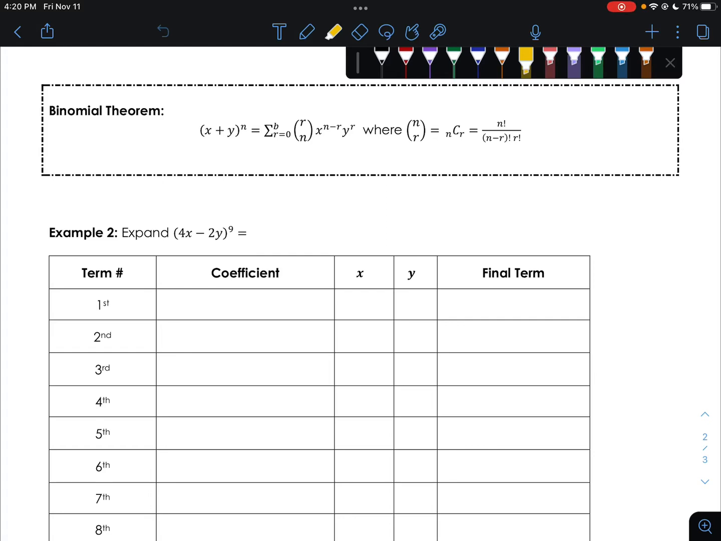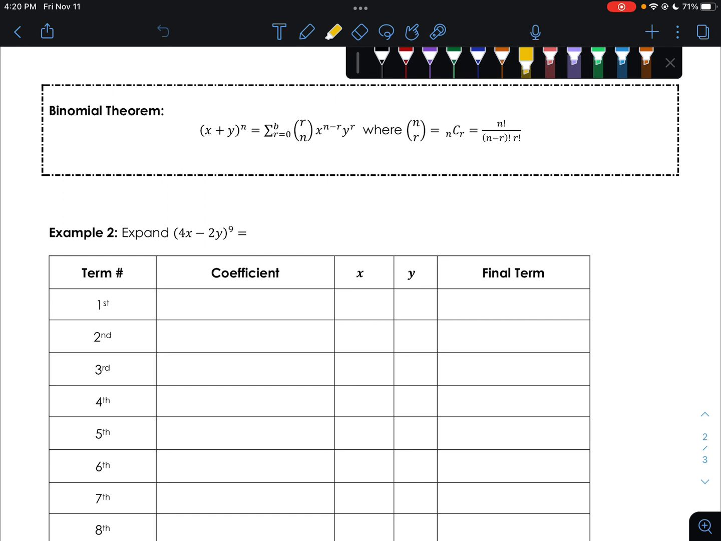Everyone, this is part 2 of the binomial expansion notes. So in this part, we're going to talk about the binomial theorem, whereas in the first part, we talked about Pascal's triangle. So the binomial theorem gives us this long, scary looking